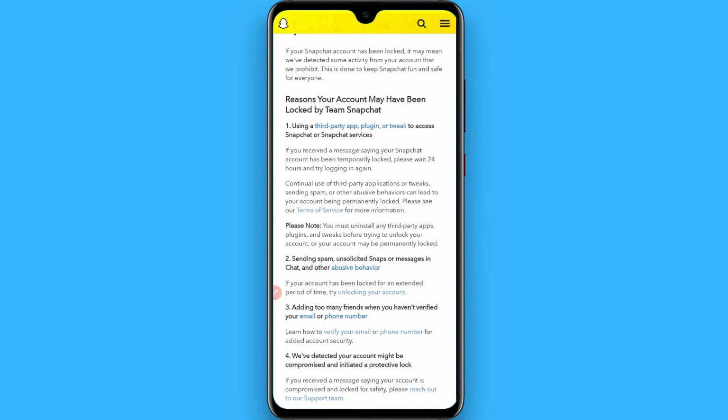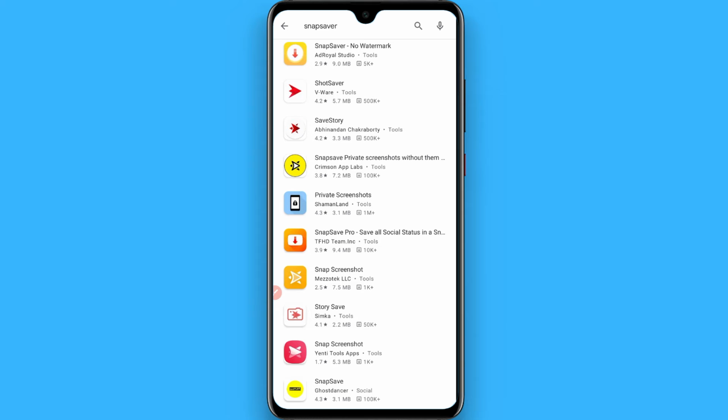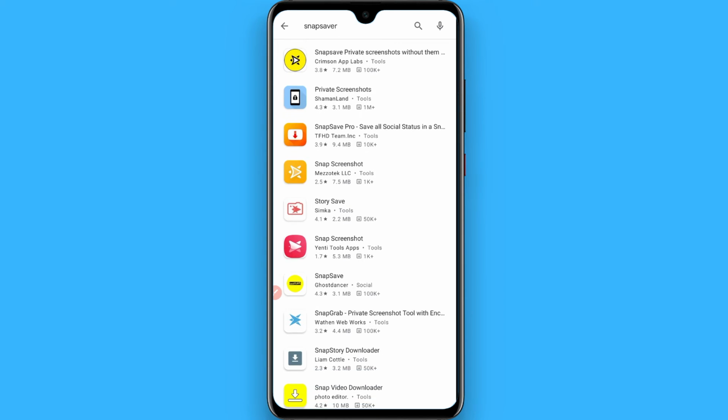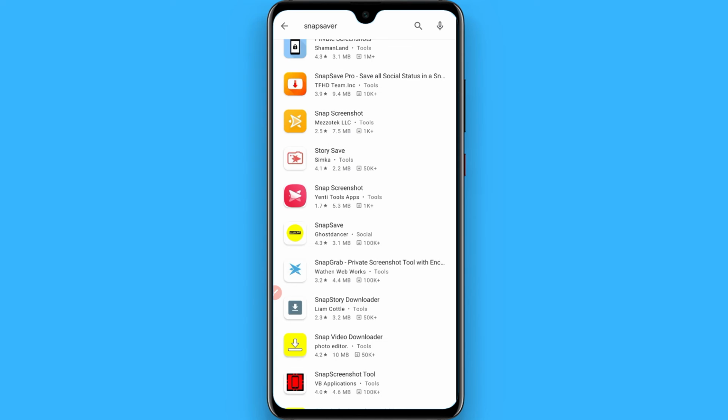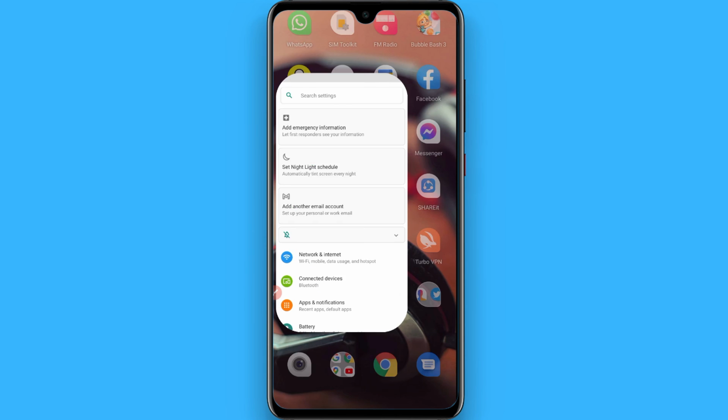So if you are using any third party applications like Snap Saver, Story Saver, Save Story, these types of applications are not allowed by Snapchat. If you are using these types of apps, Snapchat will automatically lock your account. So first of all, delete these applications from your mobile if you have them, and after that go to the storage